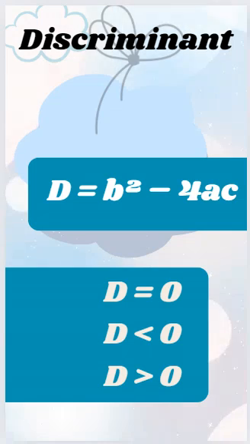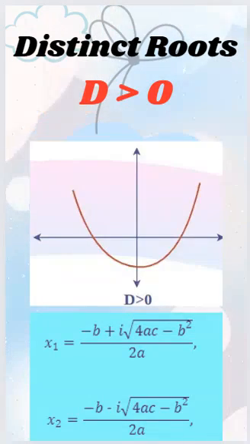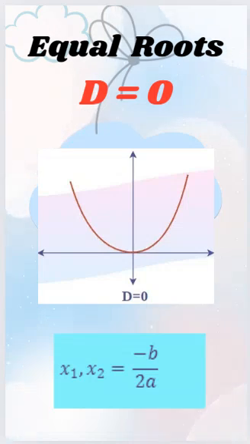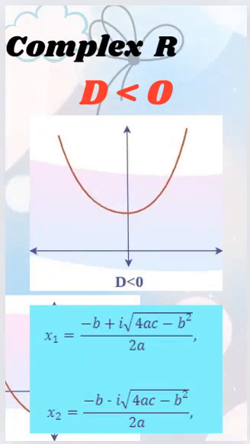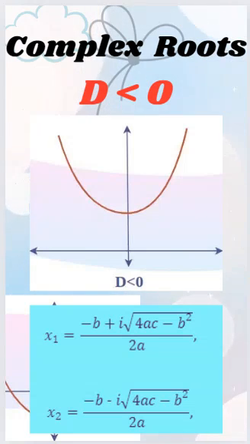The value of the discriminant decides the nature of roots. There are three possible values for the discriminant. The value can be 0, or less than 0, or greater than 0. When the discriminant is greater than 0, roots are real and distinct. That is obvious because the square root of a positive number exists and it is real. When the discriminant is 0, roots are real and equal. Both the roots are the same. When the discriminant is less than 0, the quadratic equation has two complex roots. The square root of a negative number is a complex number.